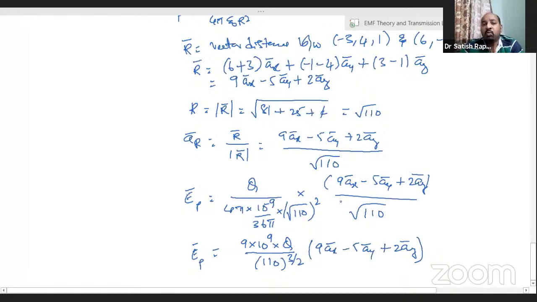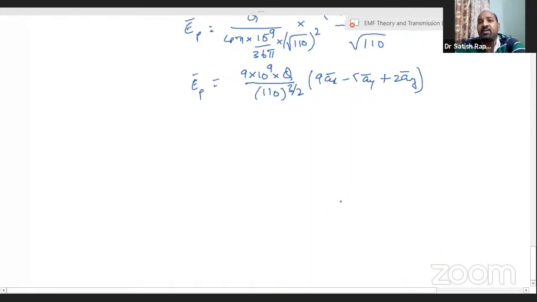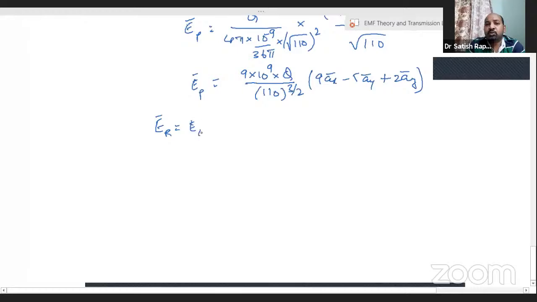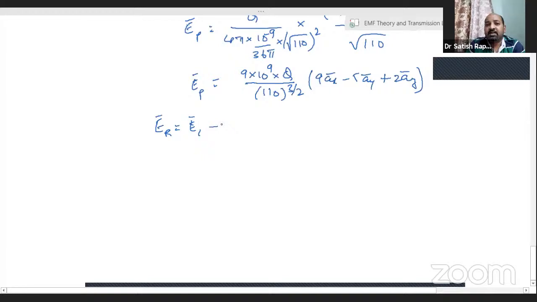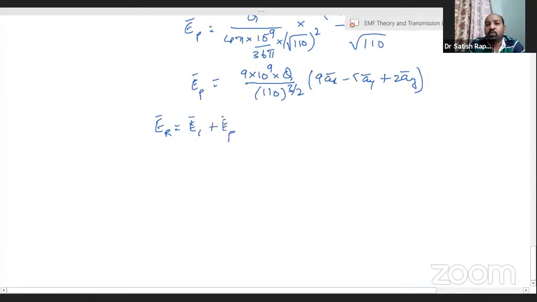So now what is the total electric field here? In other words, the resultant electric field is equal to the electric field due to line charge plus the electric field due to point charge, right? And if you add those two,